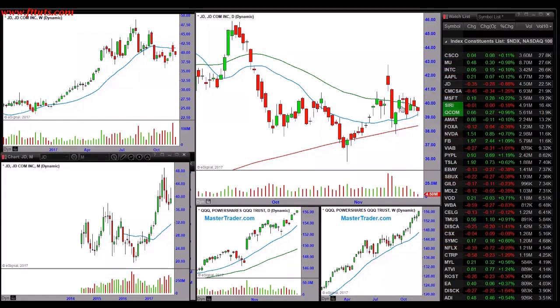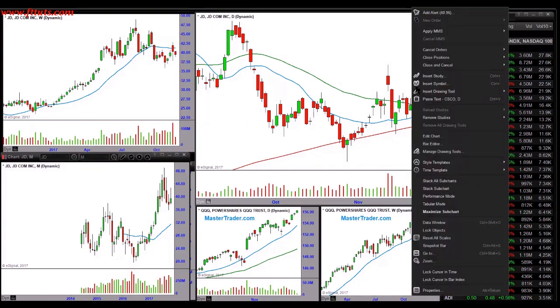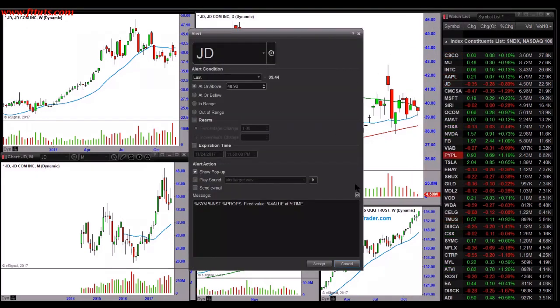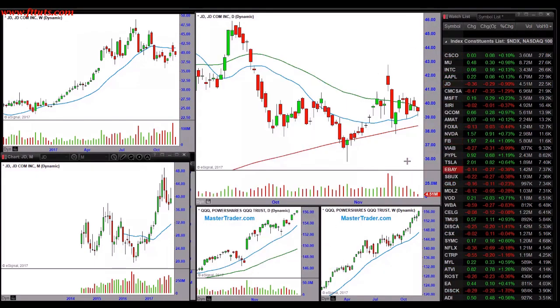The 20 is below the 50, and they're coming together, which tells us the volatility is contracting. So what do we want to do here? Well, I don't want to watch it, so I'm just going to set an alert up above those prices, and if my alert goes off, I'm going to be interested, and I'm really not interested in this on the downside,